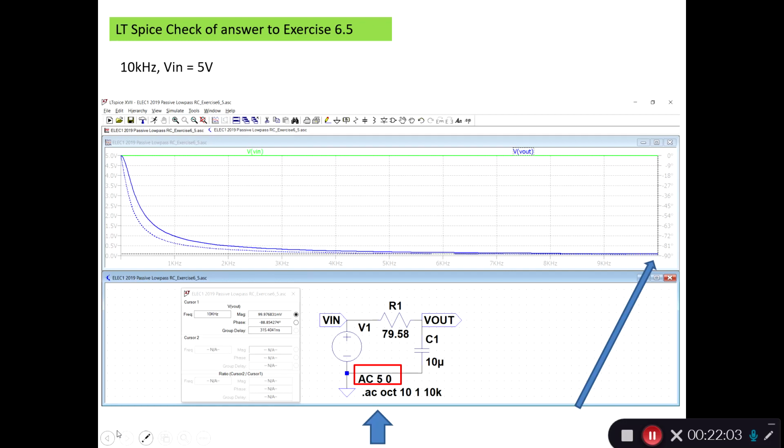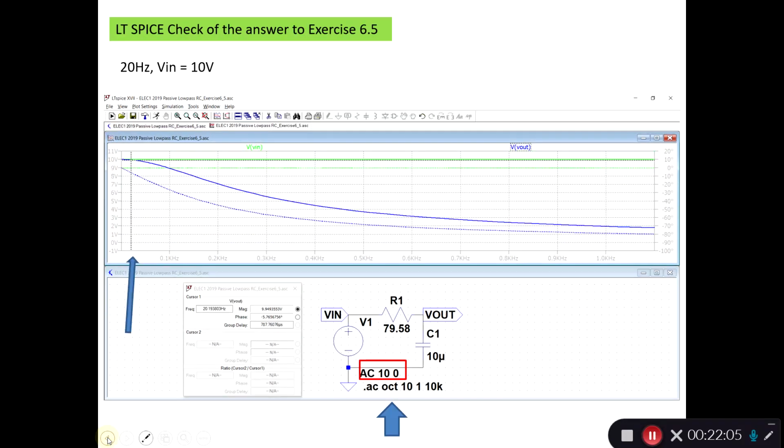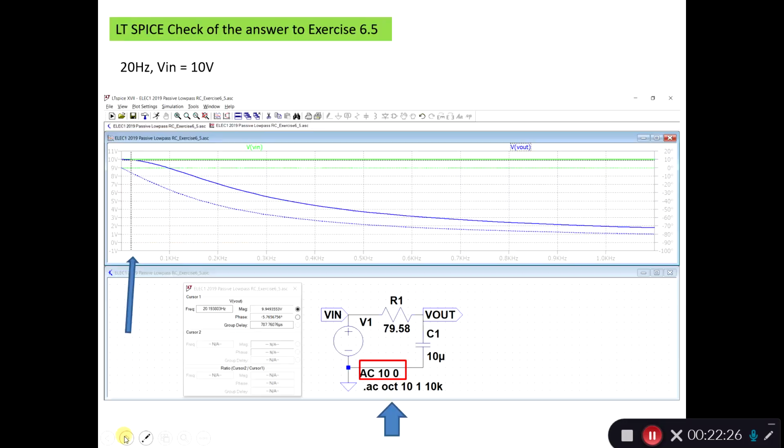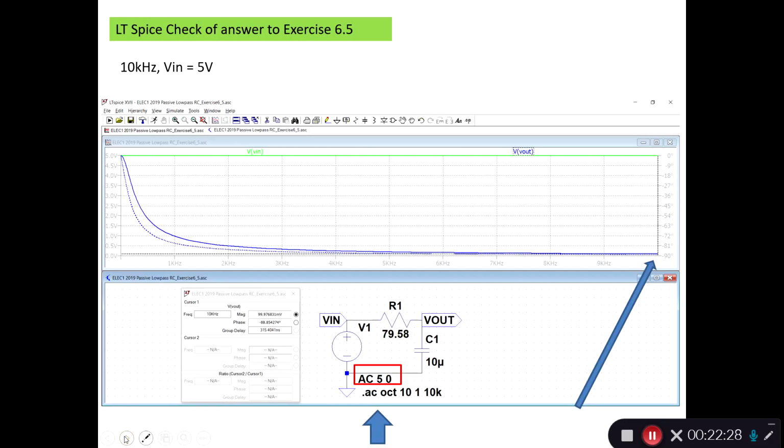Let's go back and see what we had at 10 kilohertz. The output from the filter would give me 0.1, that's 100 millivolt, and minus 88.9. That is quite close to my result. So now I have checked that these results are correct with a simulation. And that's how we check ourselves